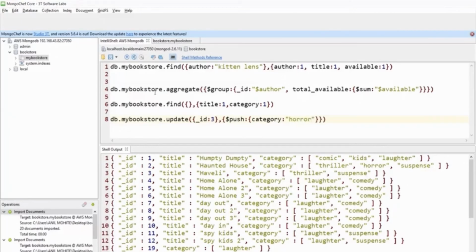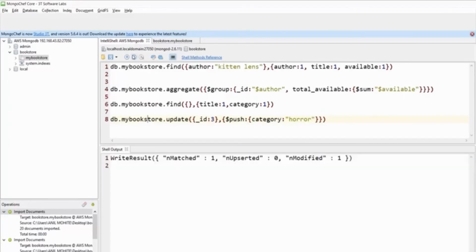Now I'll execute this. It says nMatched 1, nModified 1.